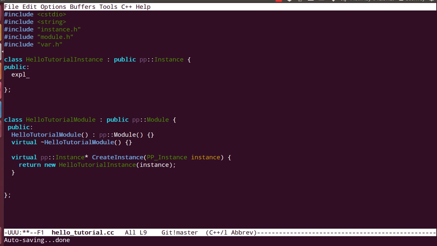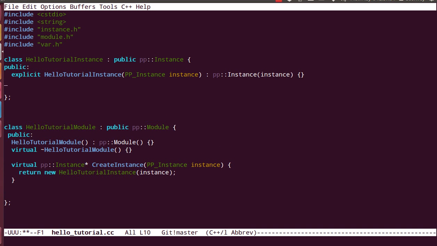It's going to have a constructor that takes an instance, and it just calls its parent constructor. So it's going to have a destructor,